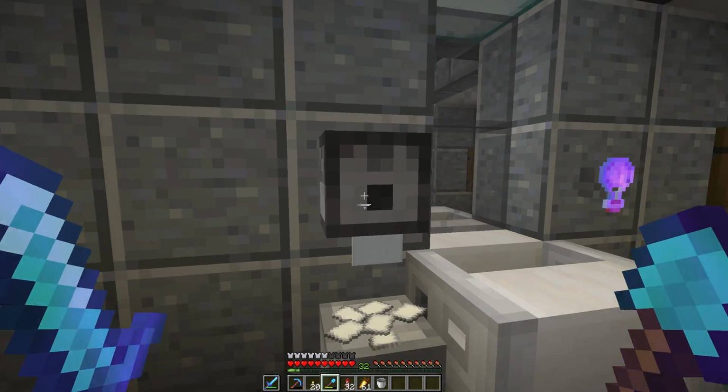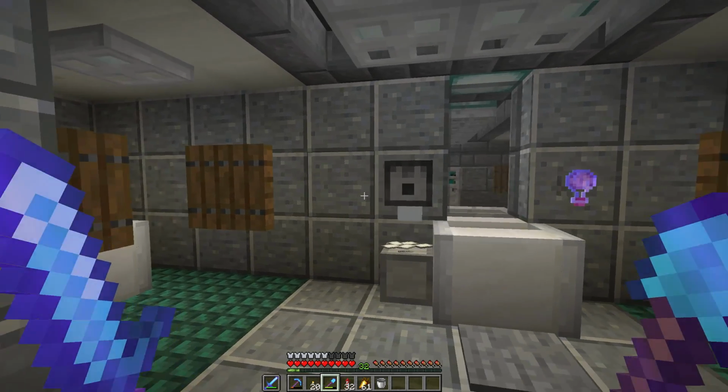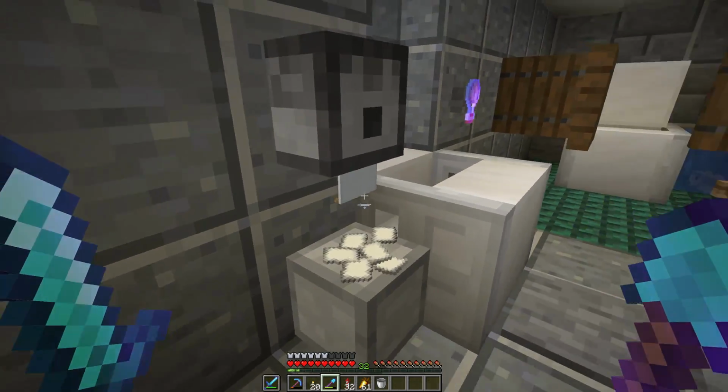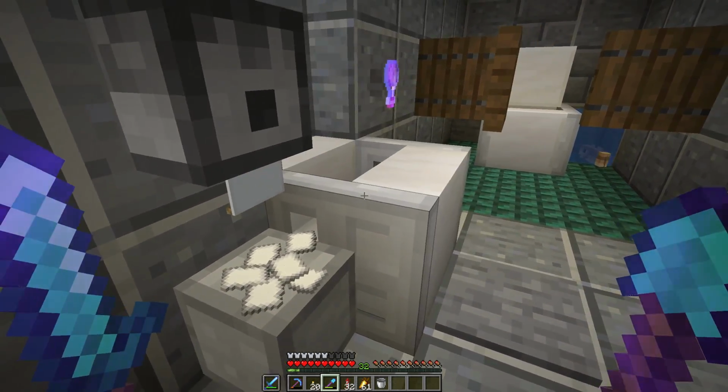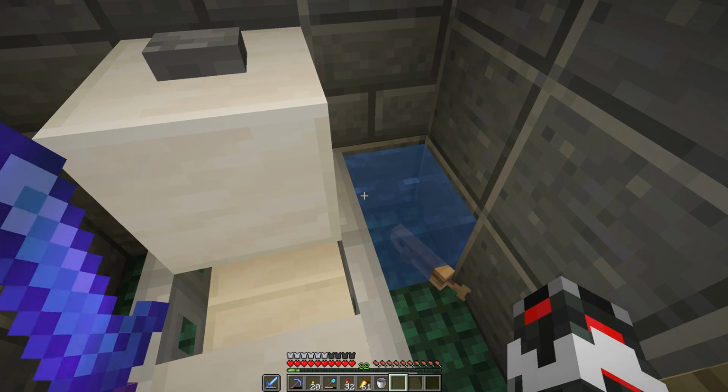Now we actually have a towel dispenser here. This is one of the micro blocks sitting on an armor stand, and then another armor stand holding a flag that is upside down and sticking out like that. Oh yeah, there's a cot in the corner. We wanted to...